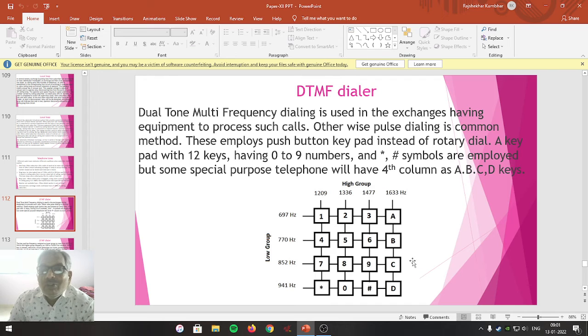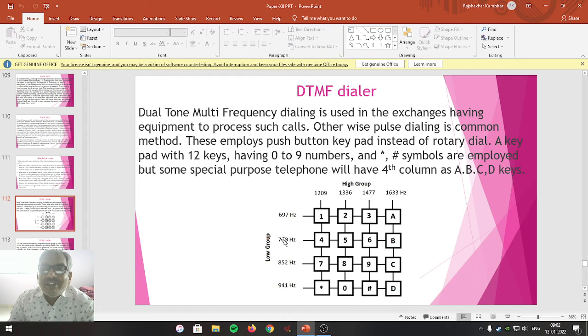Friends, when you press any particular key, let me suppose you press key number 5, it will acquire the frequency of 1336 from the column and 770 Hz from the row.